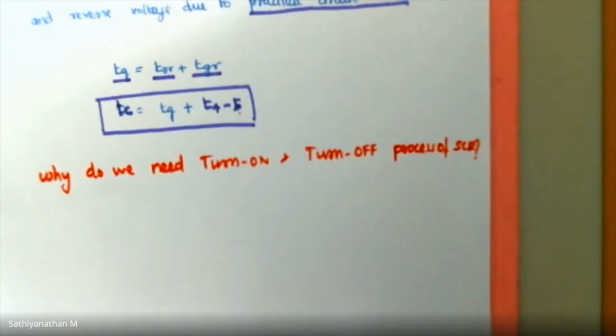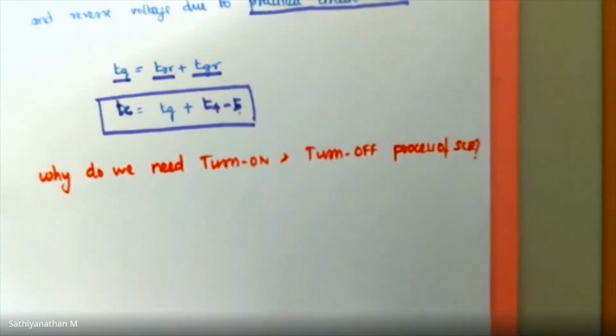Milliseconds. Somebody said millisecond, not milliseconds; it is in seconds, right? So we may have at least a second to turn on and off. But if you take a power electronic switch that can be triggered, that can be turned on and turned off in a millisecond, okay, that is the advantage of using what?